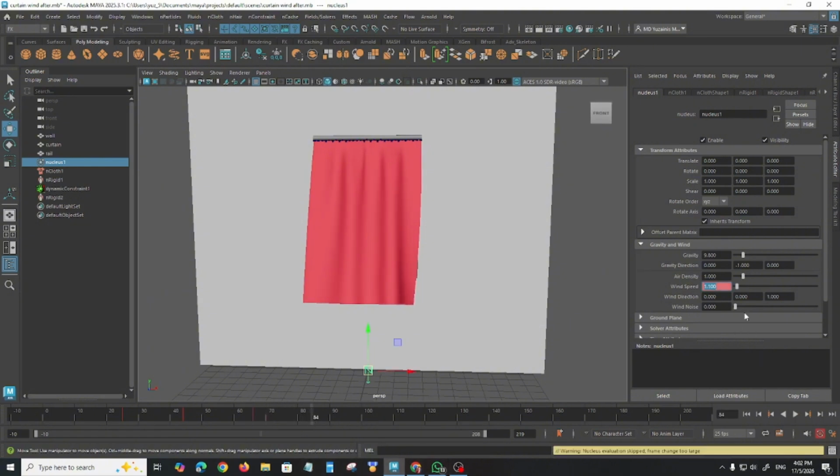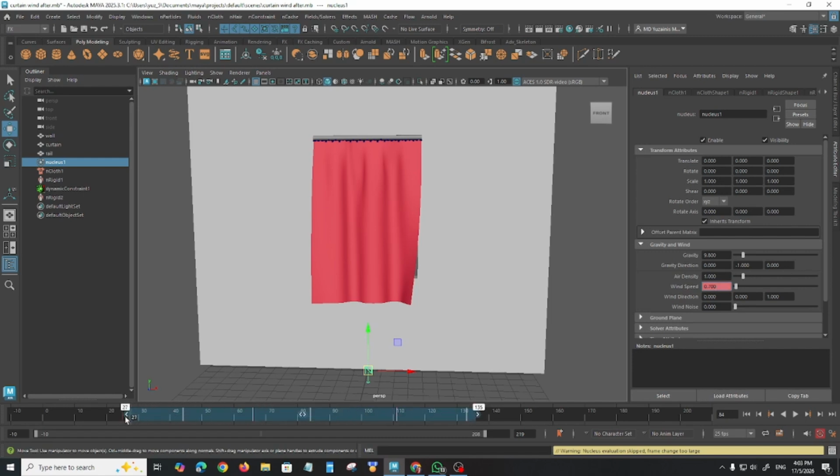Just make it like a random value, so maybe 0.7, and then suddenly it goes back up slowly to 2.3, and it goes down to about 1,